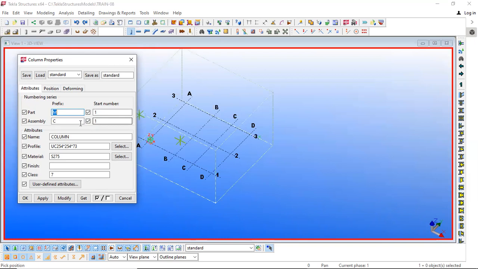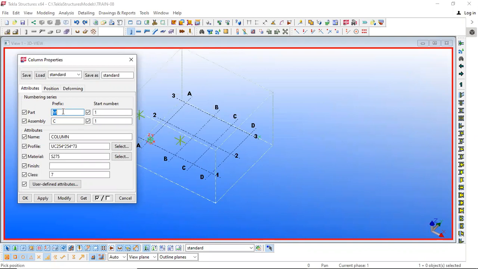The numbering part will control the numbers, or the tags, or we can say markings. Certain elements or certain steel parts need proper marking. So for that we can provide a marking system here, right?